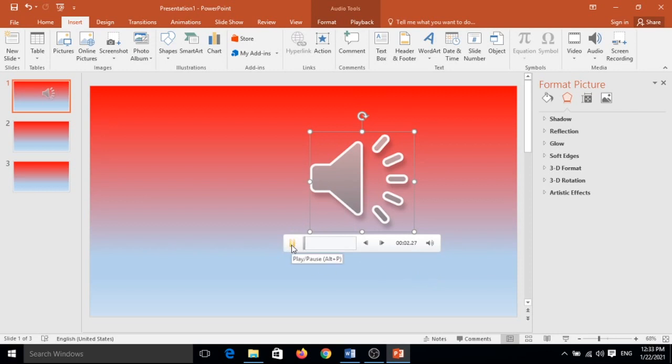Yes students, to prevent playback issue, you can embed your audio clip in your presentation. Click the slide to which you want to add an audio clip. On the insert tab in the media group, click audio, and then after click audio from file.